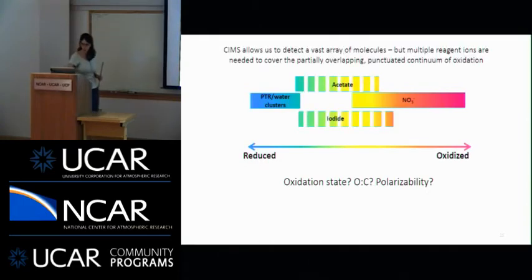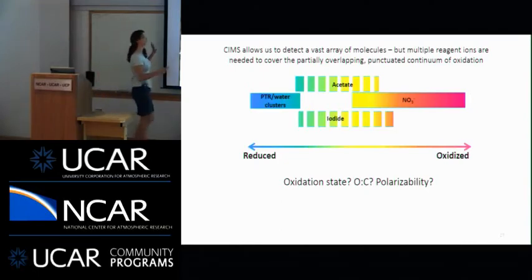However, I will point out that at least these two reagent ions that we're studying, I don't believe measure a continuum of any individual molecule. They're more like a punctuated continuum of oxidation that we measure. My point with this figure is that all of these reagent ions allow us to access different types of molecules. I did not add any punctuation on the nitrate or the PTR because those are not my measurements, and I'm not entirely comfortable with those systems, but it wouldn't surprise me if we shouldn't think of them as measuring everything.